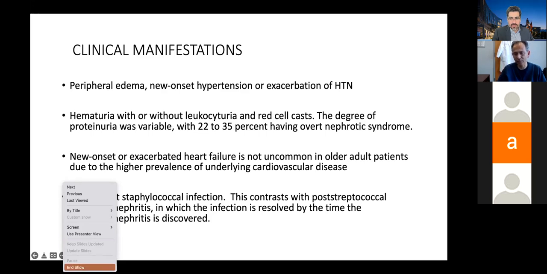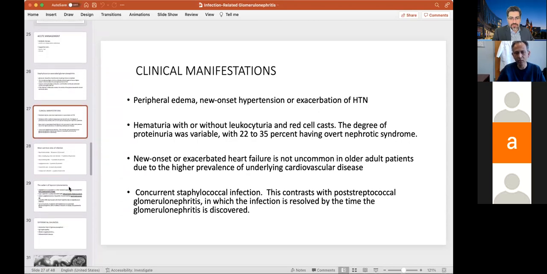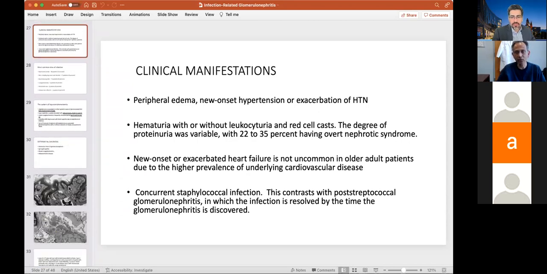But again, IgA also can present with nephrotic range proteinuria. That's not a differentiating point, but complement and also the ongoing infection are. If you have infection, which we see many times in diabetic patients with osteomyelitis or endocarditis, and the creatinine abnormality happens to correlate with that, that is most likely